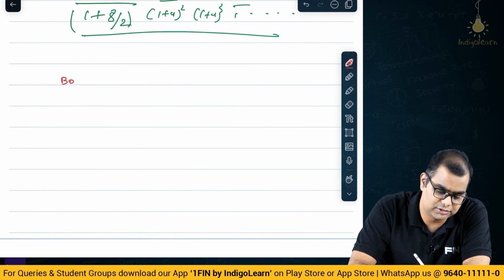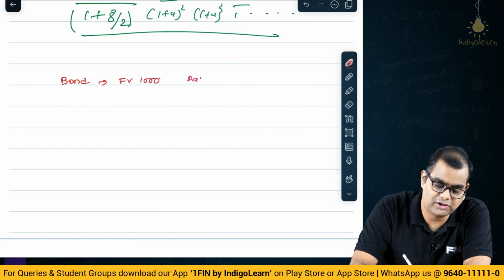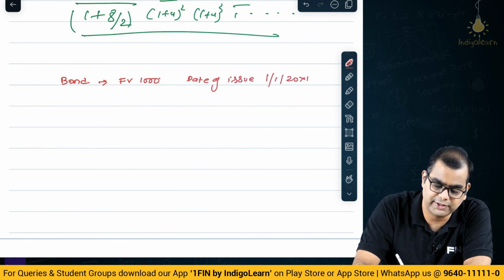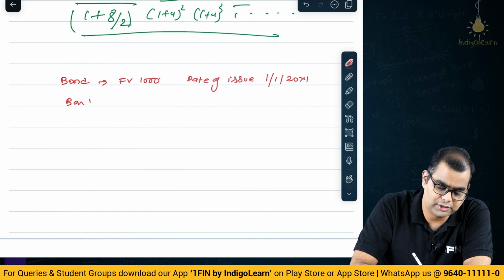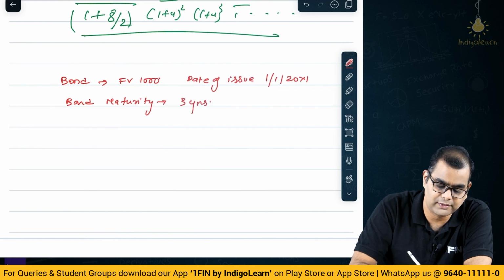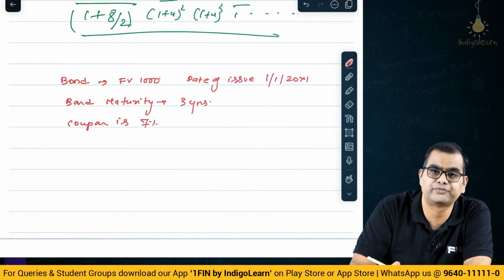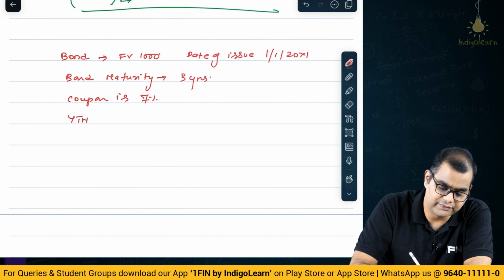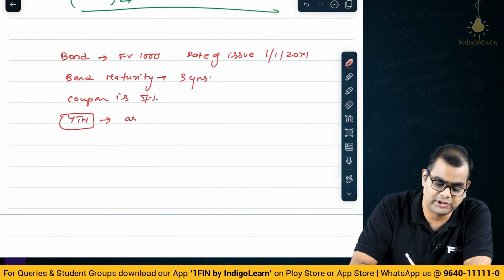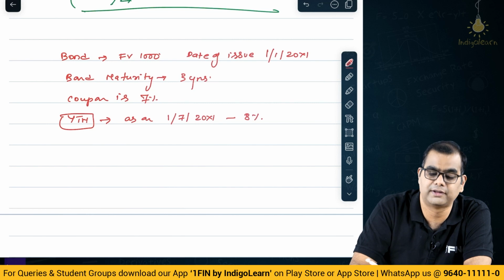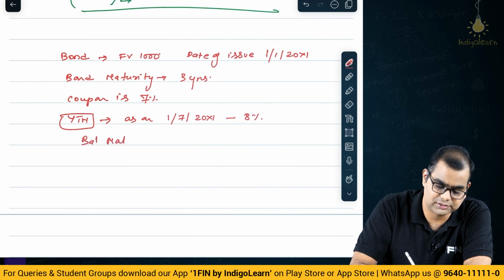Let us say there is a bond, face value is 1000, date of issue 1/1/20x1, bond maturity is 3 years, coupon is 7%, YTM, current YTM as on 1/7/20x1 is 8%. So, balance maturity